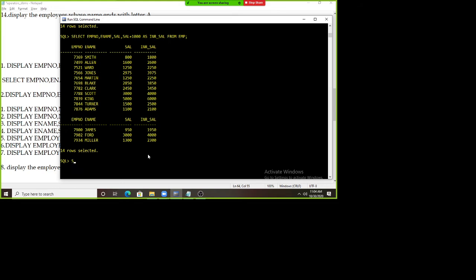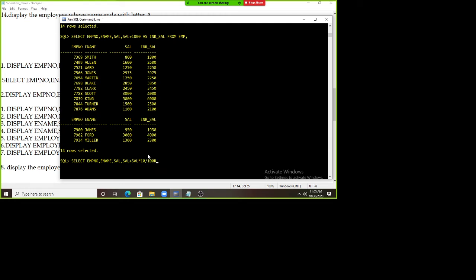So observe that. Select employee number, comma, employee name, comma, salary, comma. Now how much do I want to increment? I said I want to increment 10%. So how to write the formula here? Salary, the already existing salary, plus from the salary how much? 10%, 10 divided by 100. This is the way to find the percentage of the 10% salary, and that salary should be added to the old salary.